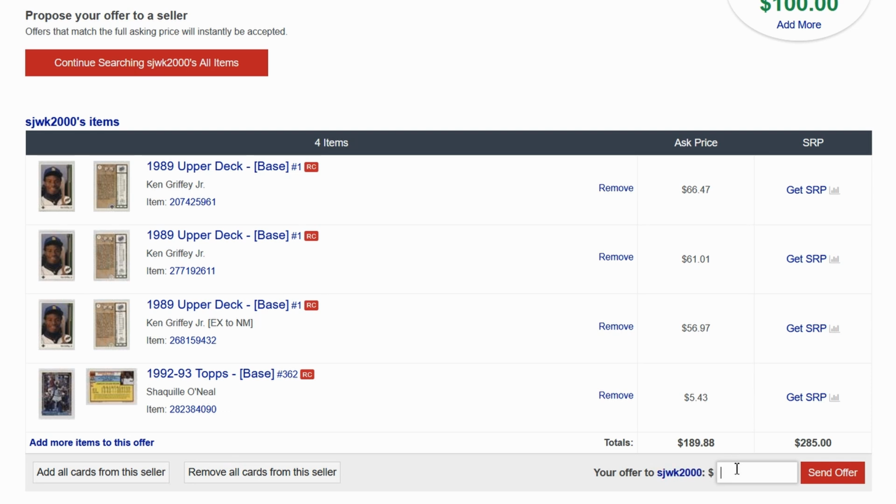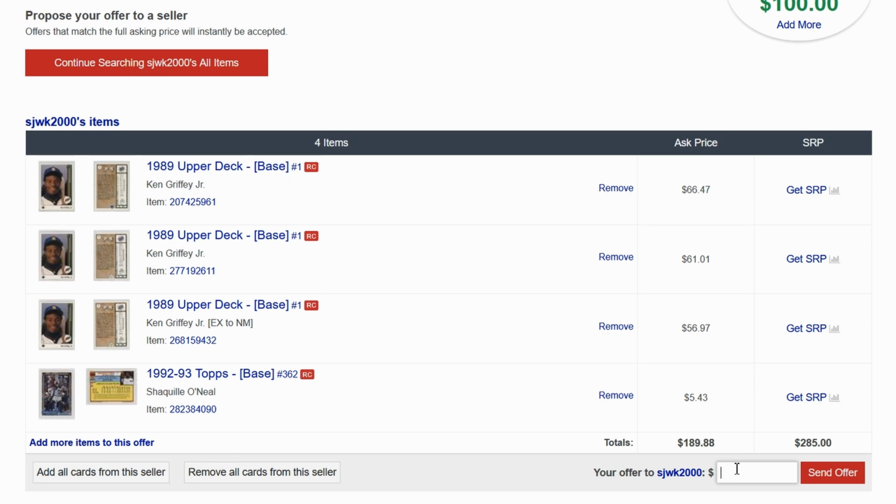Sometimes you'll make an offer here and it'll be below the threshold they'll even accept. So you might make a 50% offer and they'll auto decline it based on their settings. But what it always tells you is the minimum amount they're willing to take. It's wild, but it'll tell you. So maybe they won't accept 50%, but they will take a 60. Doesn't mean they'll auto accept it, but you can then basically follow up. If you get an auto declined offer, you can immediately follow up with the lowest that they'll take if you're